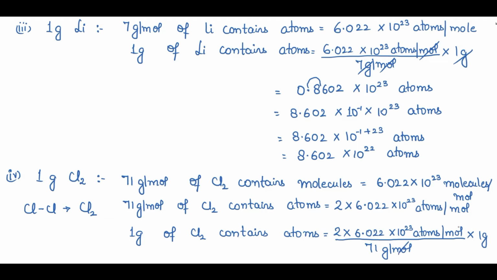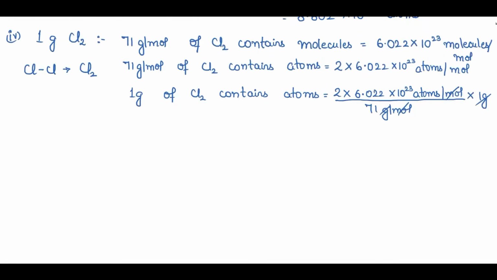So cancel this mole with this, gram with this. The final unit is atoms only. So 2 divided by 71 gives 1 over 35.5, right? So let's divide these values. If you see, the value in the denominator is higher than the value in the numerator, right? So what I'll do, I'll simply convert this value into a higher term, right? So what I'll do, I'll simply displace one decimal from left to right up to one digit, right?